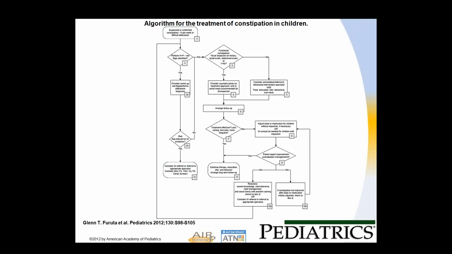My message here is that there is evidence for management of GI problems that can be effective, and quite often this is the same as what we see in typically developing children. There are some children who have very perplexing and difficult to manage GI problems, but the great majority of children with autism who do have GI problems will respond to our standard treatments for those problems. And this algorithm for constipation is just one example of what we've tried to do to help reassure healthcare providers how to manage these problems. Next slide, please.